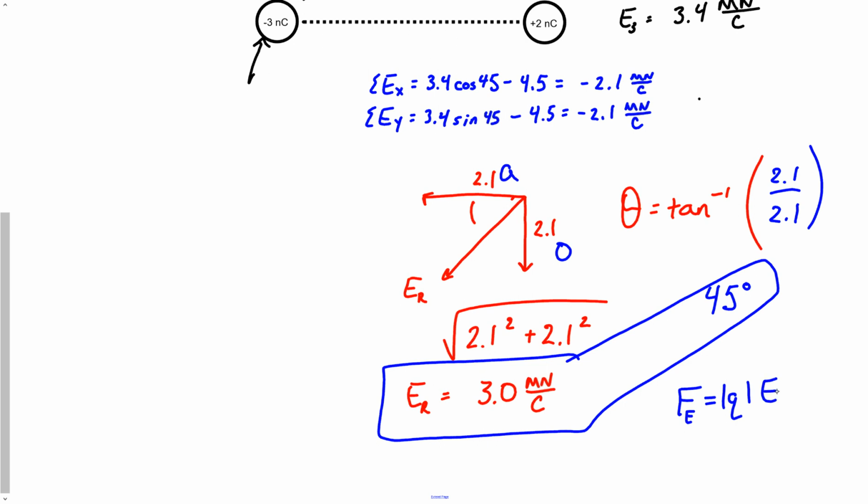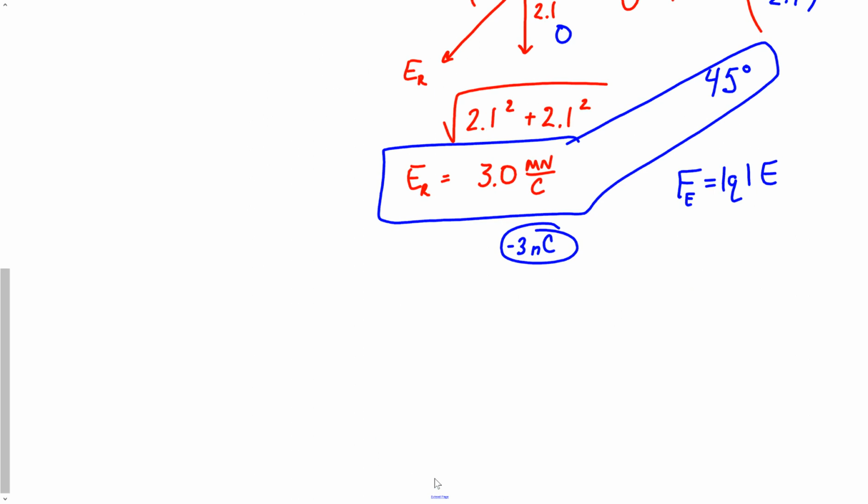So let's say somebody places a negative 3 nanocoulomb charge at that spot that we were just referencing. That's perfectly fine. We would just drop the negative. So we'd say 3 nanocoulombs times my electric field, which is 3